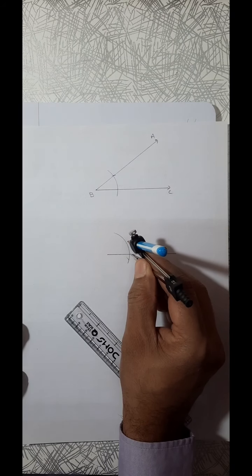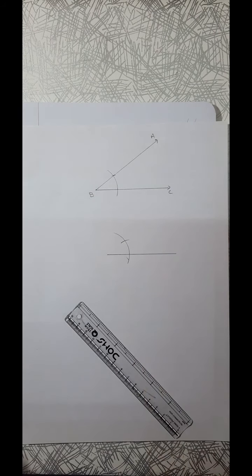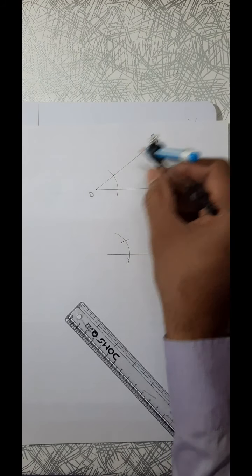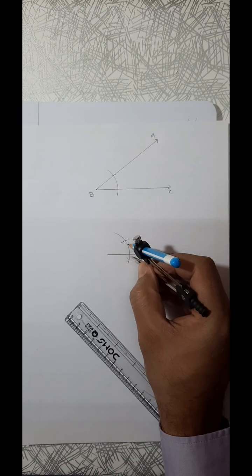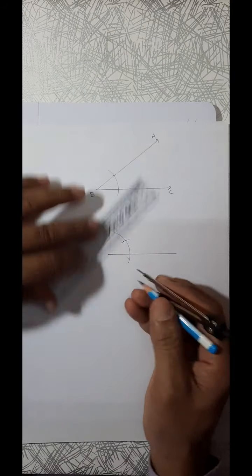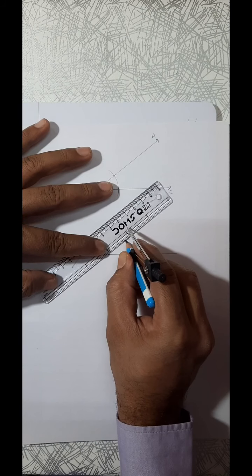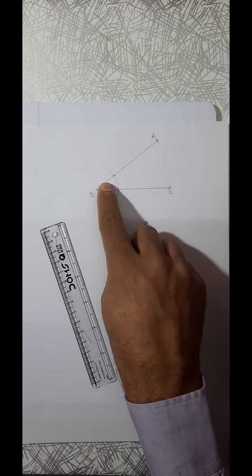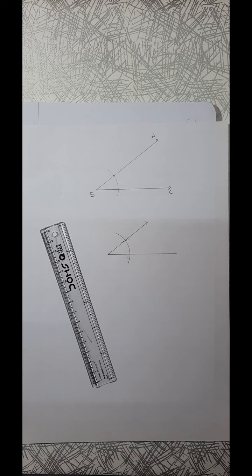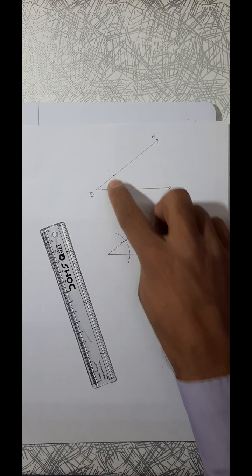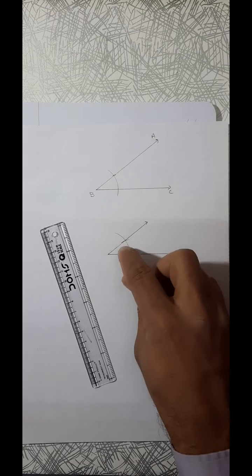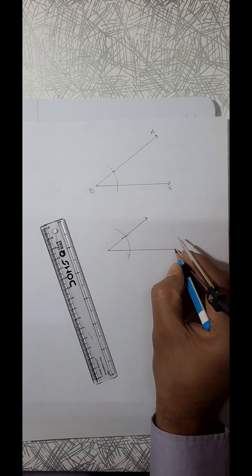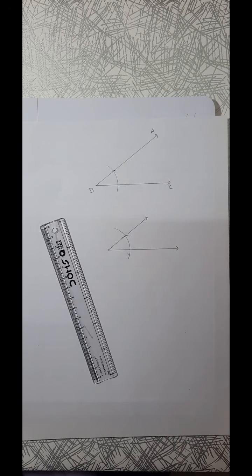This length will be marked here. From here also same thing. This part of the arc which is in between the arms, this measurement is taken, that is marked from here. This will be exactly same. This angle and this angle both are going to be exactly the same. If it is a 28 degree, it also will be 28. If it is a 35, it is also 35. This is a procedure for copying an angle, which we studied in lower class.